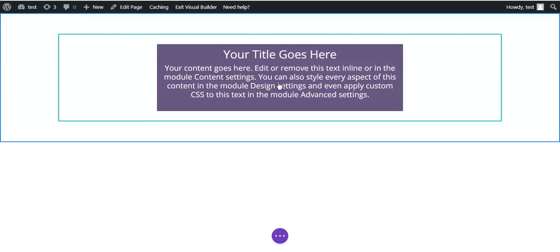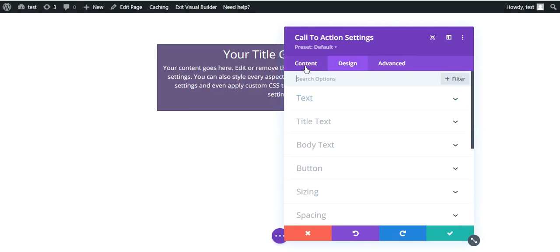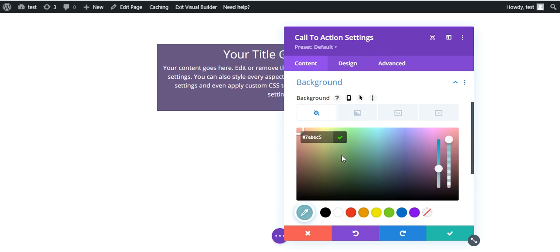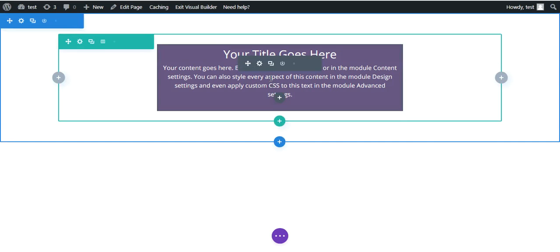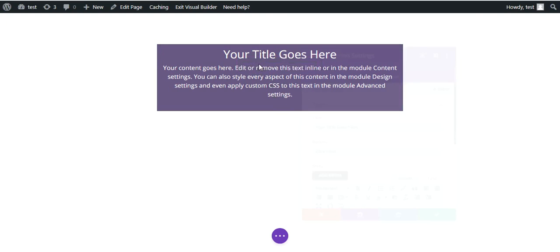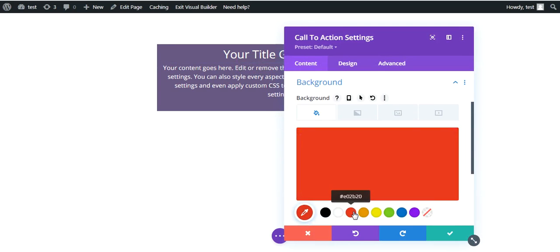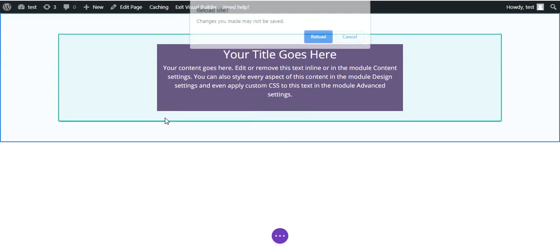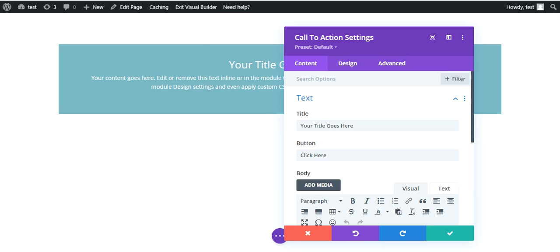Before clicking on OK, we have to give them the font size. Now if you see, I have already given the background color, that's what it is picking from. So if you want, you can change the background color. Click on OK, select the section background. Let me hard refresh this, Control Shift R, reload. Fine, this is how the actual call to action section looks like.